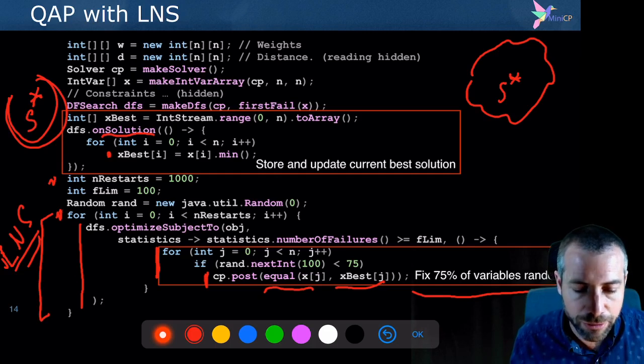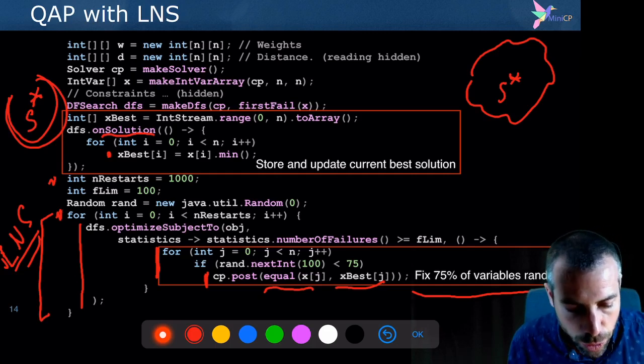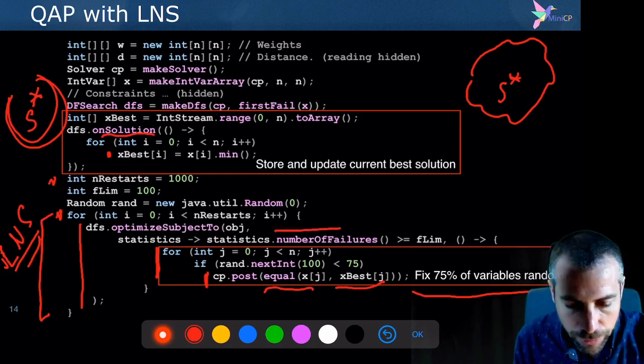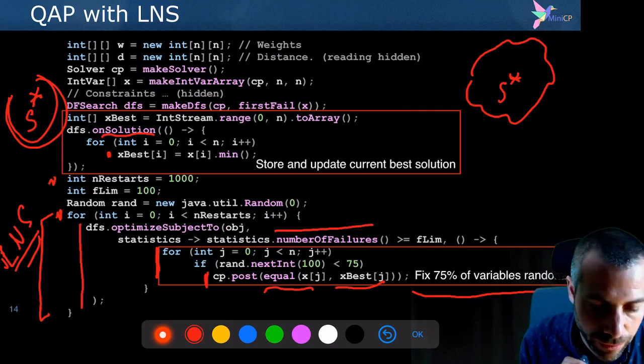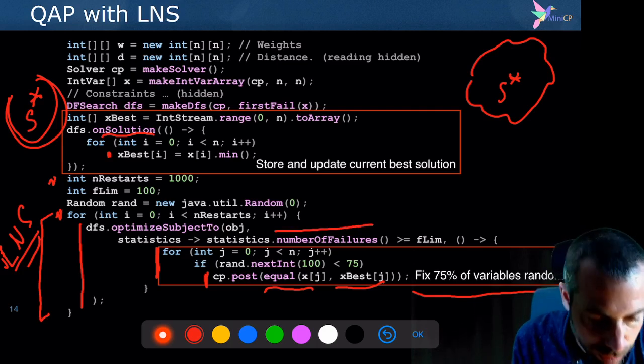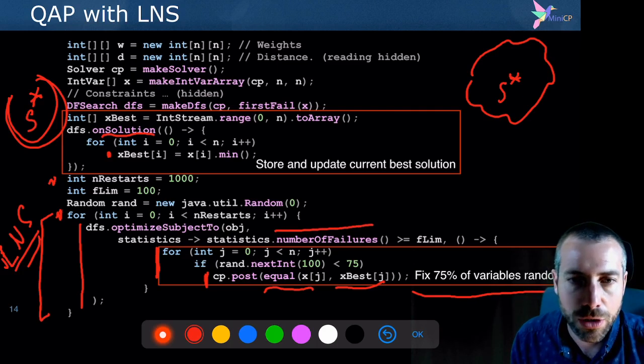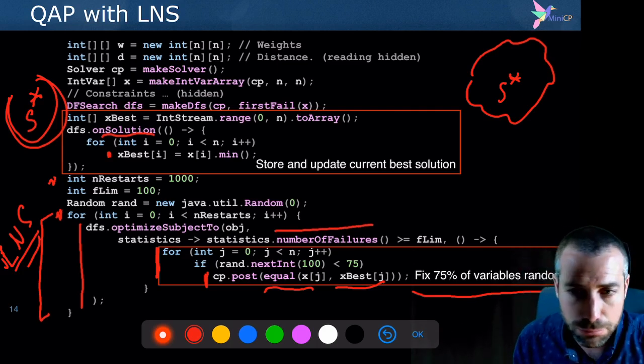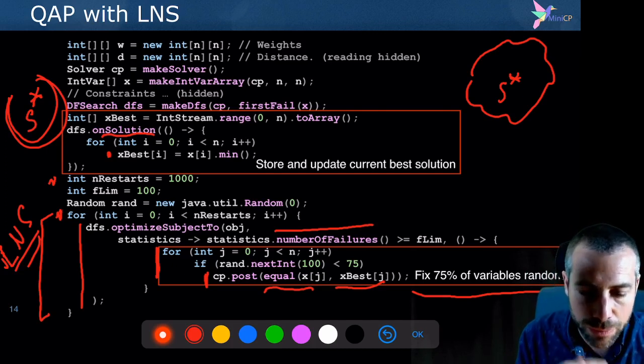Okay, the domain has been restored. And of course, because I don't want to search forever, I give it also a maximum number of failures. I fix the number of backtracks of one restart, which is given here to 100, the budget limit for one restart. And this way, I'm sure that I will not spend too much time in a given restart. And so we are restarting from one place to the next.